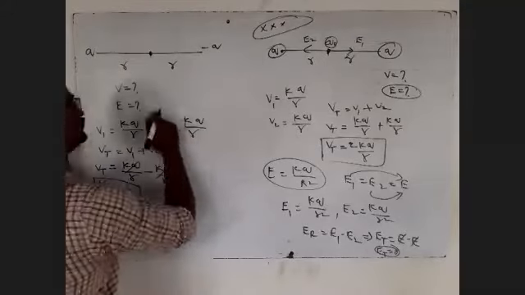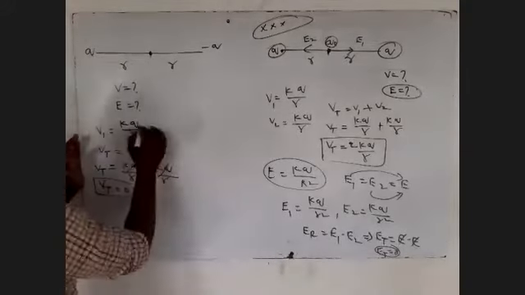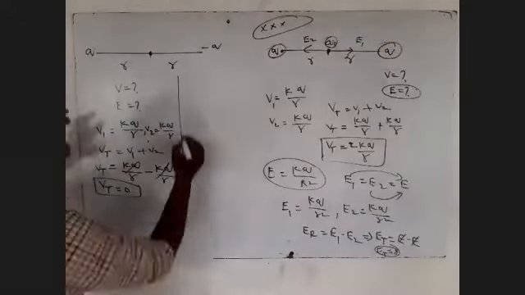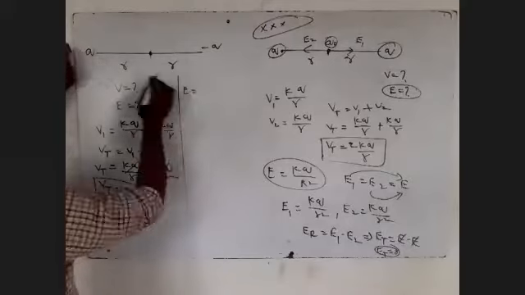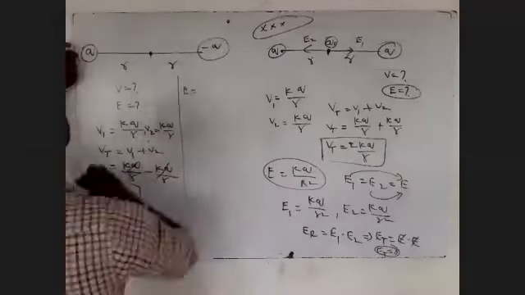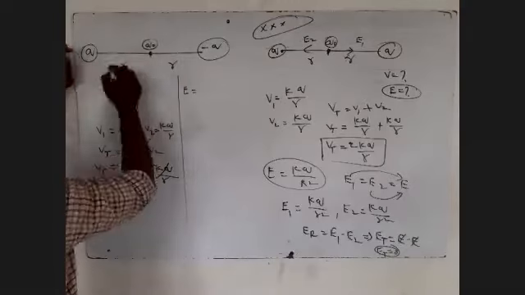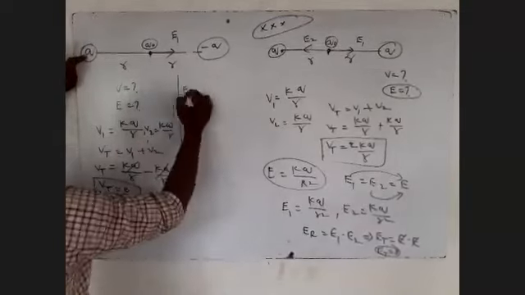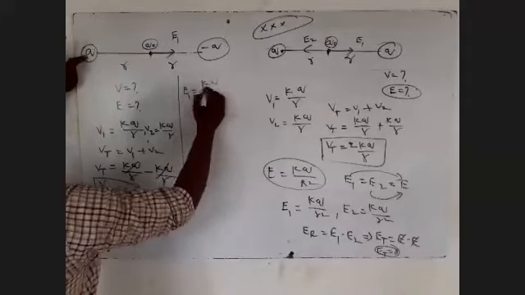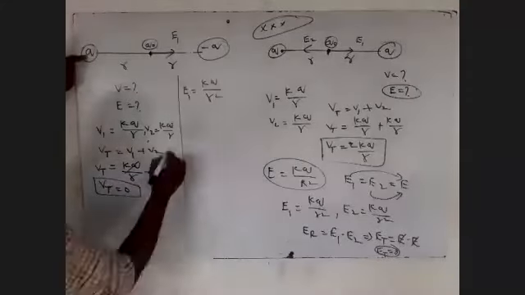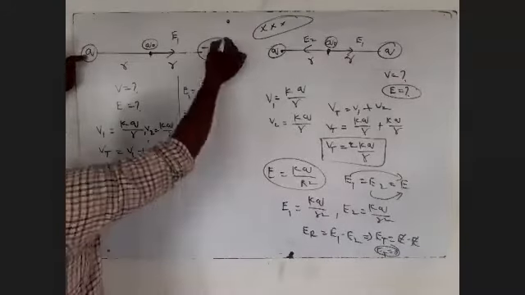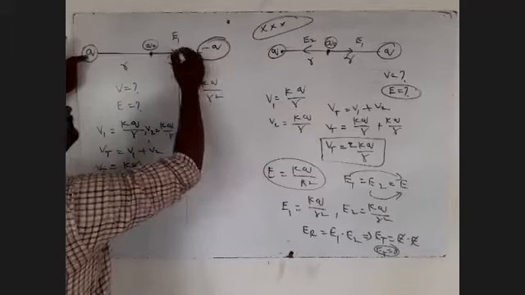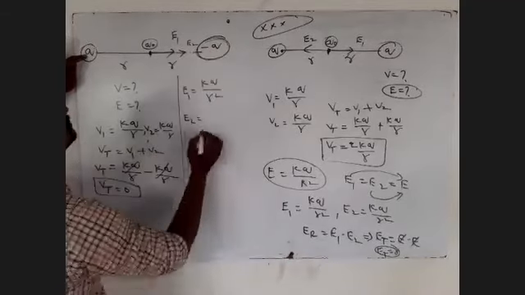So what is the value of the electric field? This is a positive charge and this is a negative charge. A test charge is placed here. The positive charge will repel the test charge, that is E1. E1 is equal to KQ by R square, where R is the distance between the charges. Next, E2. This is a minus Q charge and this is a plus Q. The minus Q charge will attract the test charge, and that direction is E2.